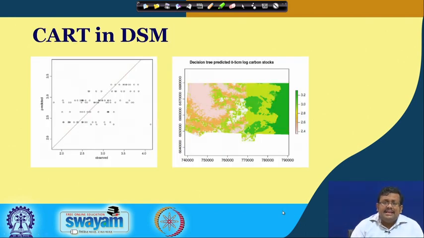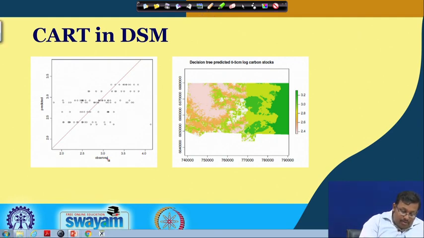So, let us see an actual example of the use of classification and regression tree in DSM. As you can see here, we are predicting the soil organic carbon at 0 to 5 centimeters using this classification and regression tree, and this is the observed versus predicted values.